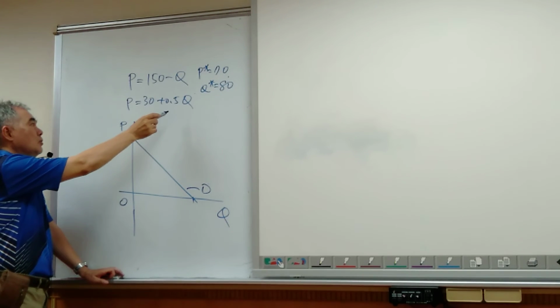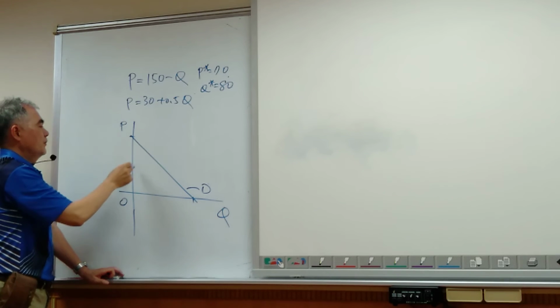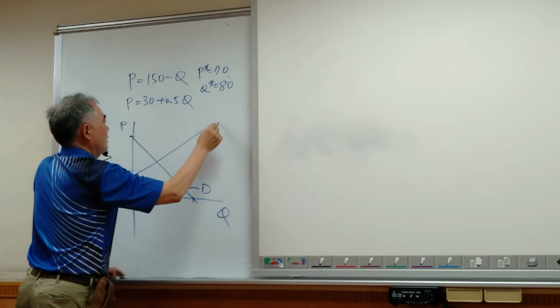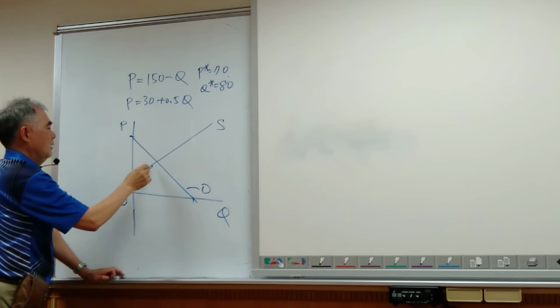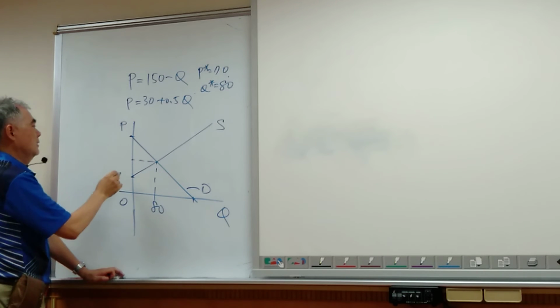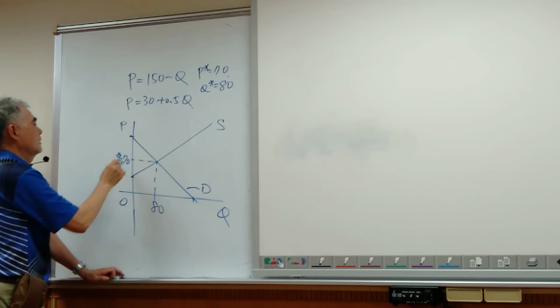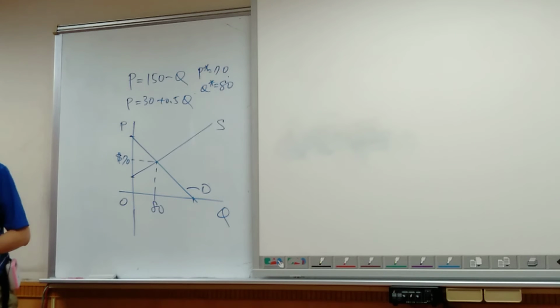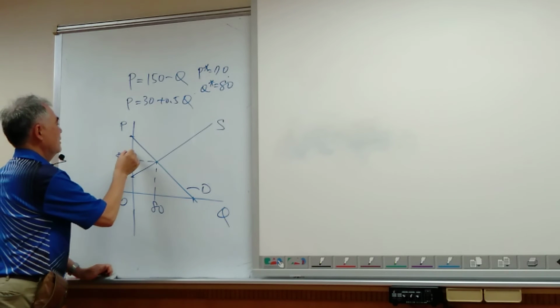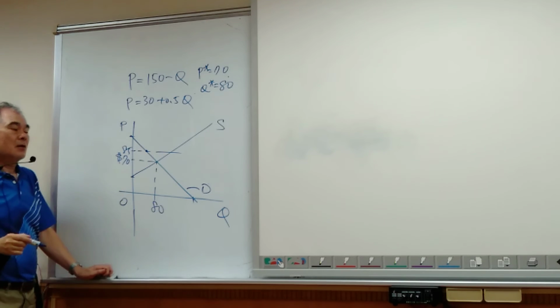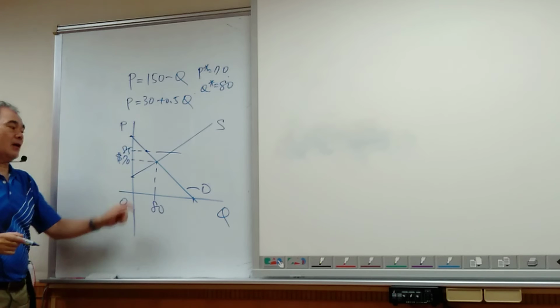When Q is equal to 0, P is equal to 30. So something like here, okay? So this is supply, and what you have here is equal to 80, and this is equal to 70, okay? And the government sets the price at 85, right? Okay, 85. So 85 is something like here. So you have to figure out when the price is equal to 85, how much